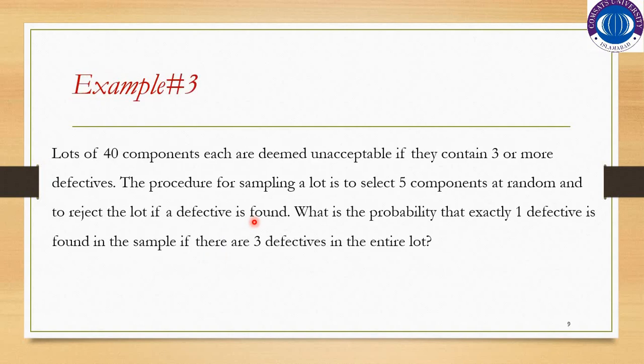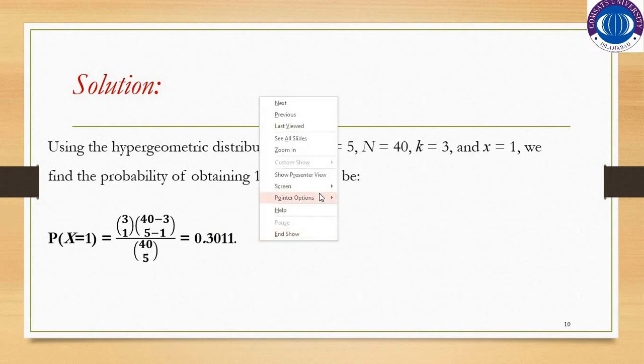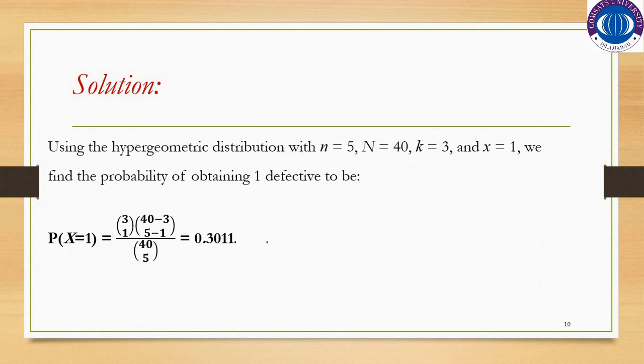As you know from the previous example, this is the case of the hypergeometric distribution. So small n is equal to 5, capital N is equal to 40, k is equal to 3, as there are exactly 3 defectives in a lot, and they are saying to find the probability that there is exactly 1 defective in the sample. So on substituting the values in the probability mass function of the hypergeometric distribution, which is